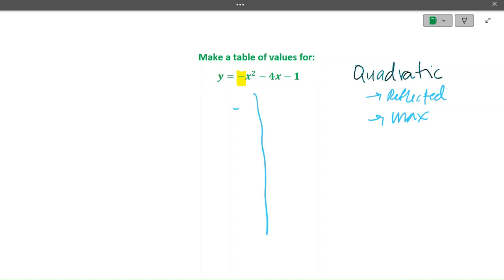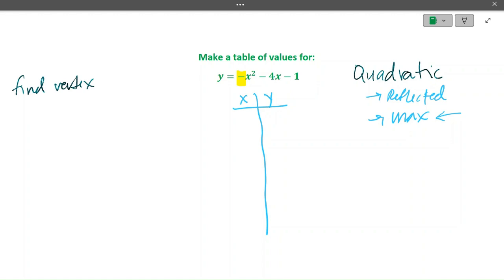All right. I'm going to go ahead and set up my t-table, because essentially when we make a table of values, we are finding every y value for the x values that we put in. Quadratics are a little interesting, and before we make tables of values, it's really good to know what our general shape is, because I need to figure out where this maximum is. So the x coordinate of our vertex, because we are going to want to make sure that we have x values around that. So to find the vertex,